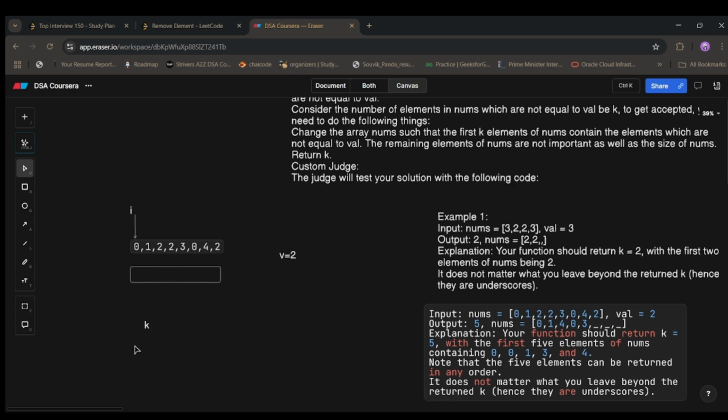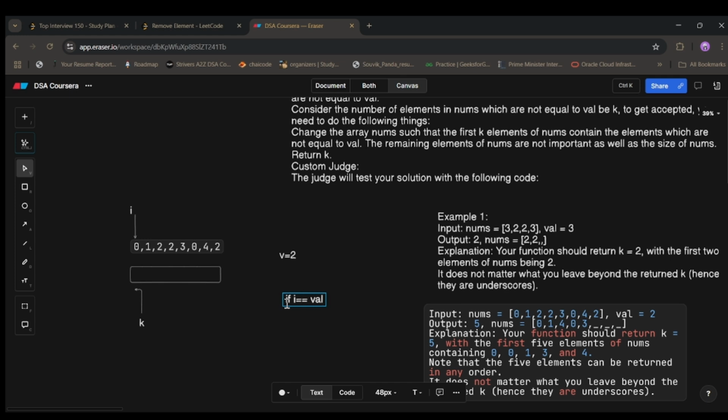Okay, I'm forgetting the variable names. k will just look through this newly created array, and i will just look through the old array. So let's say if nums[i] equals val,